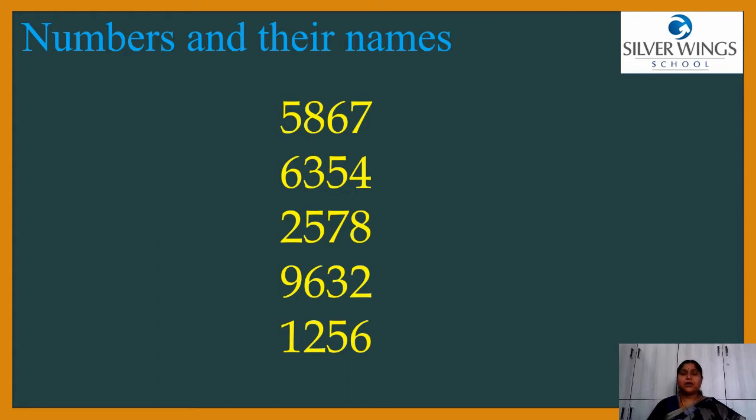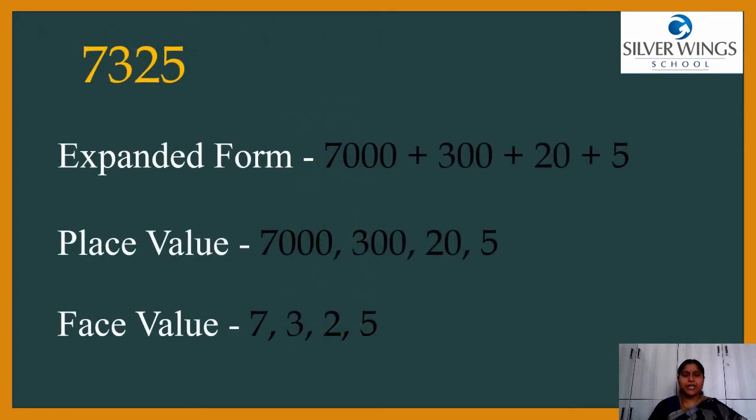Whenever you want to write the number names, you should know the spelling of 1000 properly. Other numbers you know already, the spelling of 100, 1 to 10, all that. But what is the spelling of 1000? THOUSAND, 1000. And what is the spelling of 100? HUNDRED, 100. Okay, beta. These are some of the 4-digit numbers and their number names.